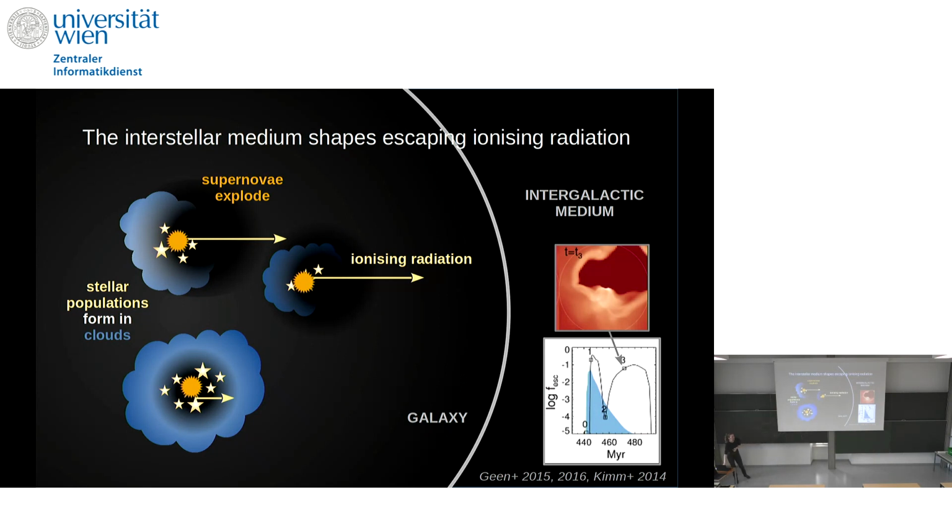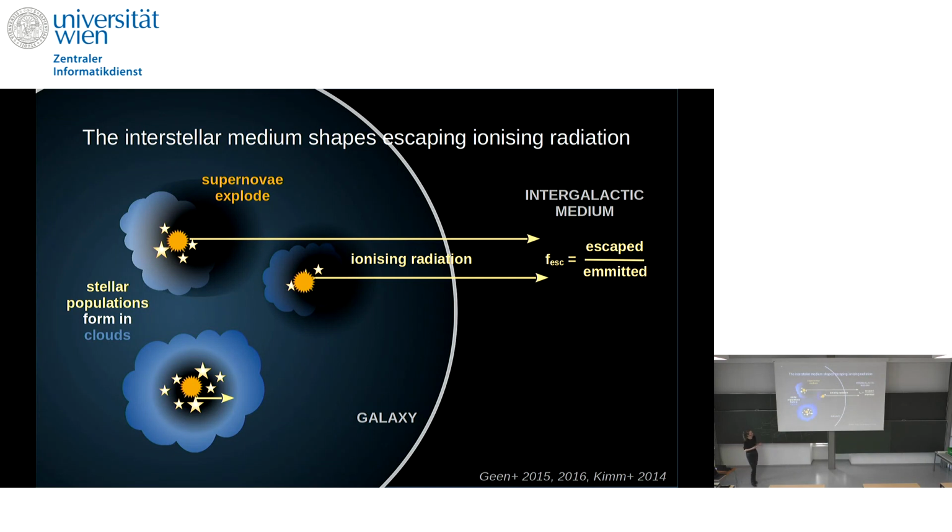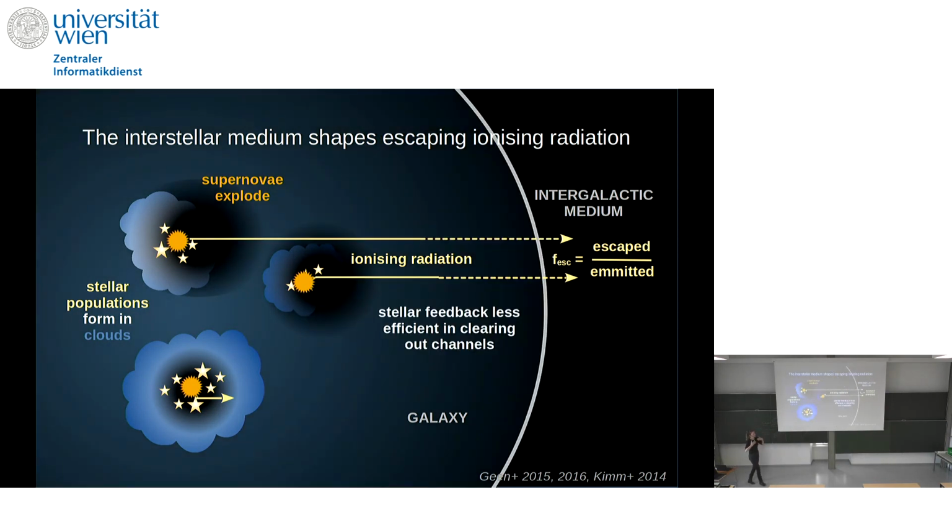So now the question is, if you think about the large-scale distribution of low mass and massive galaxies, how does this escape fraction depend on how massive a galaxy is? When you have the low mass galaxies, you can imagine some of this radiation escapes from these molecular clouds, goes through the circumgalactic medium, where probably it will also be slightly attenuated, and goes into the intergalactic medium. But if you go to more massive galaxies, then of course you need to pass more gas, so probably your escape fraction will be slightly lower.